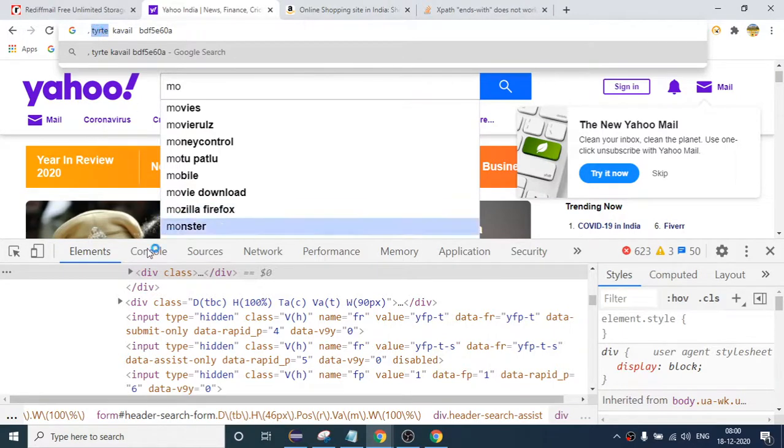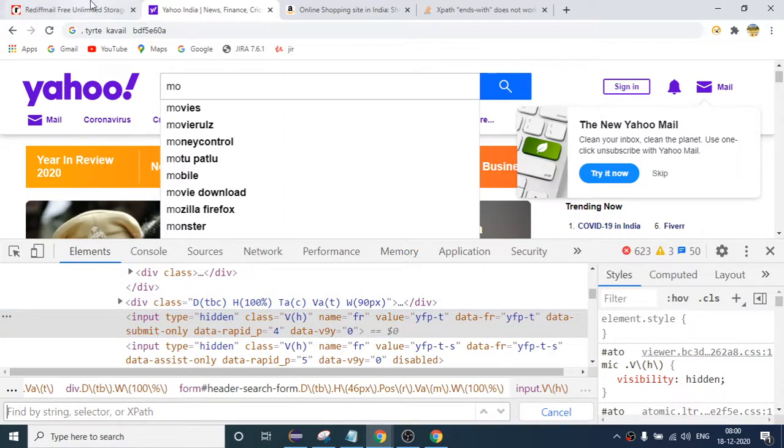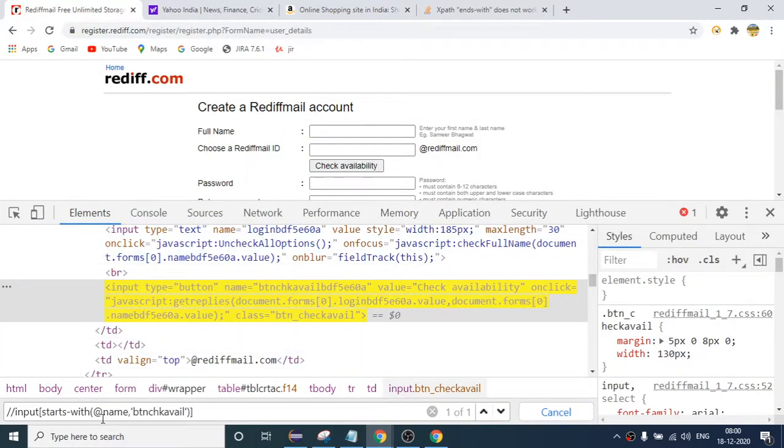So I can use one more, I can say contains.